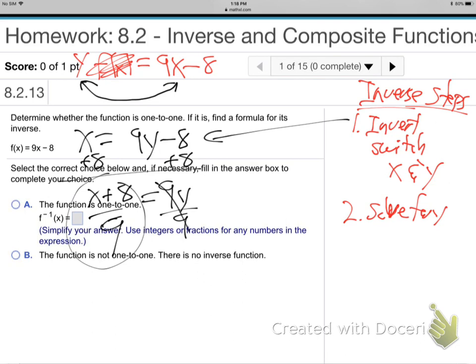See how it's adding 8 and dividing by 9, the opposite of subtracting 8 and times it by 9? You could have maybe guessed it on the multiple choice test. Good? So this is kind of like the formulas that we did. The formulas, like, how do we isolate, solve? Yeah, in the end, it's solving for a formula. But first, you invert them. Yeah, you just invert them and then solve. All right,